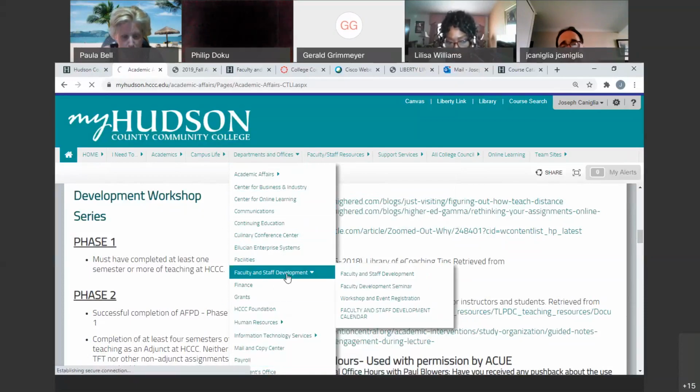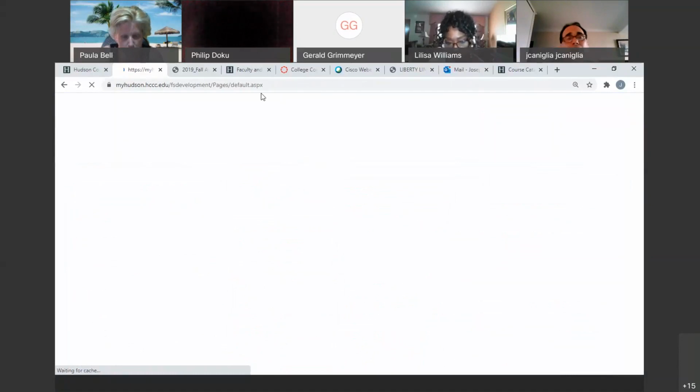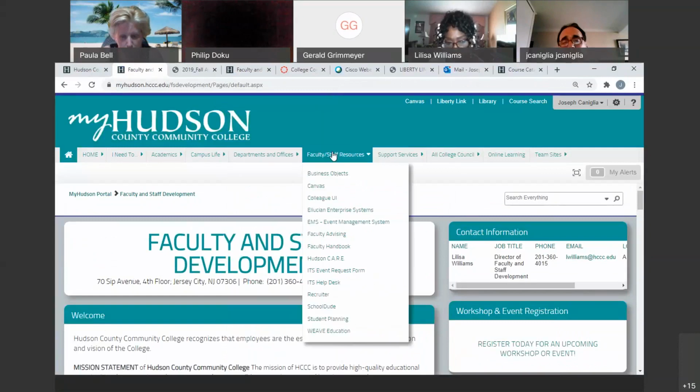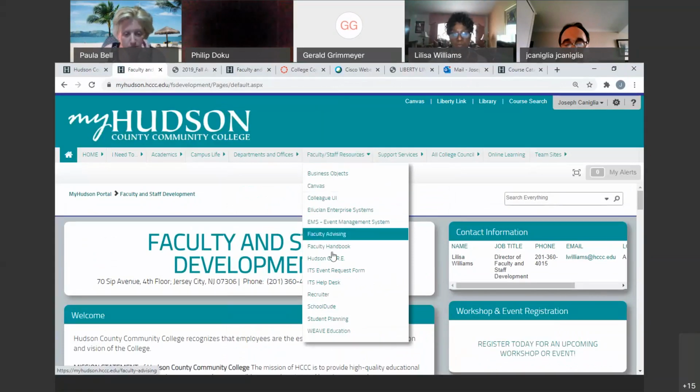And the reason I picked faculty and staff development, because I know that's important for the faculty. They all are important. Faculty and staff resources, you can access Canvas. Colleague is not going to be that much of a need for you. It depends. If you want to check that,